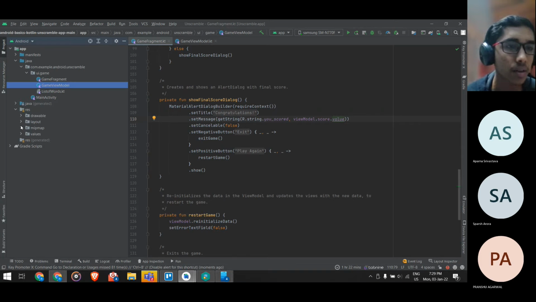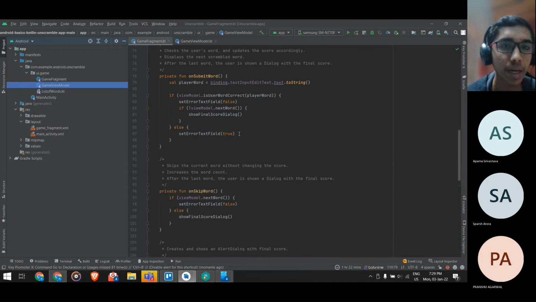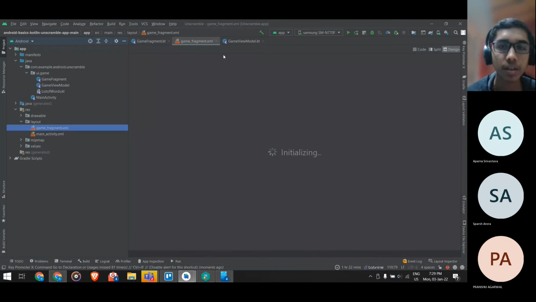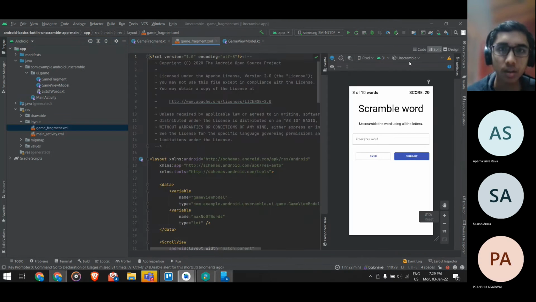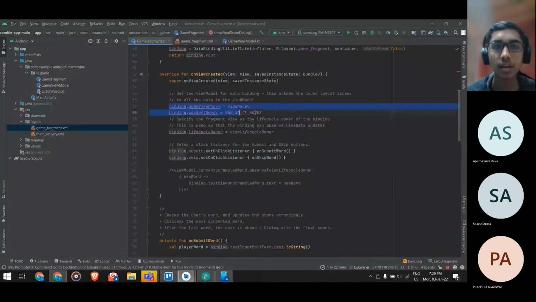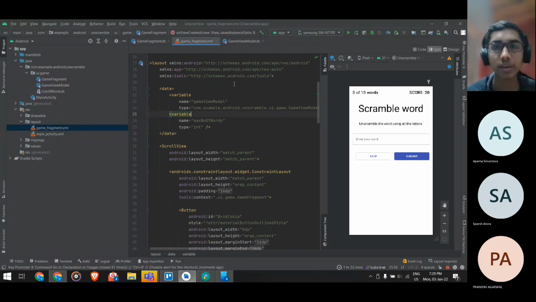And if you check in your layout, we would have passed the binding to your layout for the game fragment. Before we come to how it's used, with data binding we have passed the game view model as a variable, and the max number of words, we would have passed over here in our game fragment. We just assign it to the binding. So that's how binding also comes in. You can pass data to the XML and use it interchangeably.